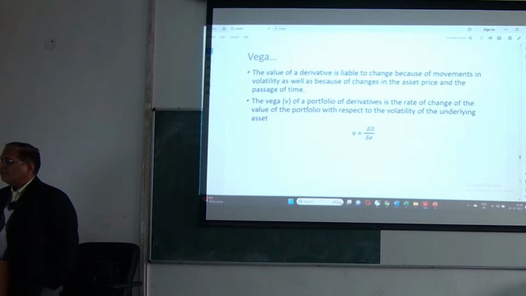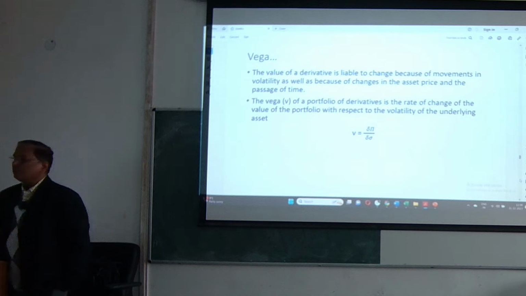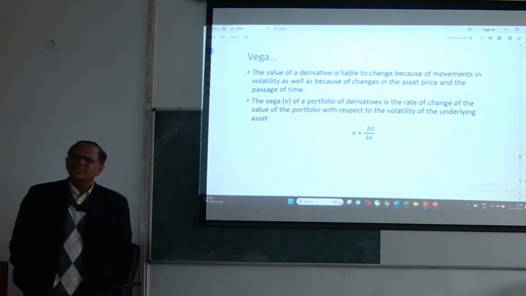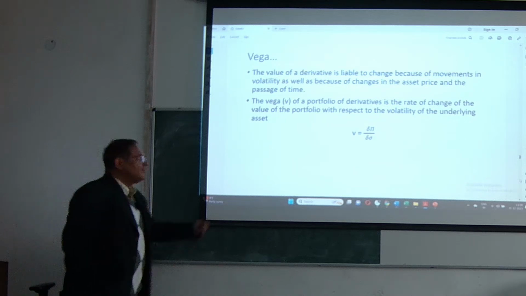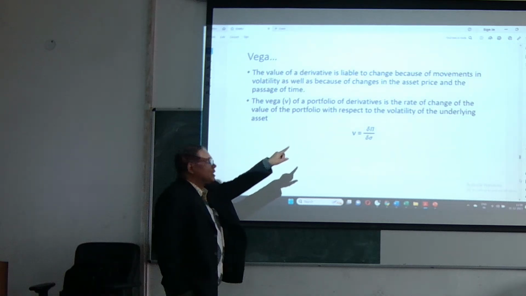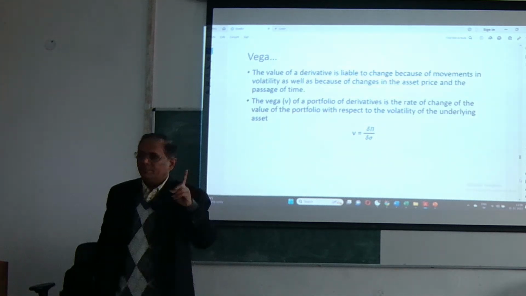Vega of a portfolio of derivatives is the rate of change of the value of the portfolio with respect to the volatility of the underlying assets. Underlying asset के price में कितना है, तो volatility कैसे measure होता है, सिग्मा से। तो अब देखो यहाँ पे आपका क्या, वेगा इज एक्चुअली चेंज इन द पोर्टफोलियो। देखिए पाई जहाँ लिखा हुआ है इसका मतलब पोर्टफोलियो है, कीप इन माइंड।